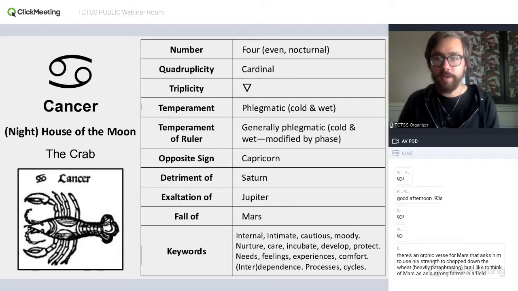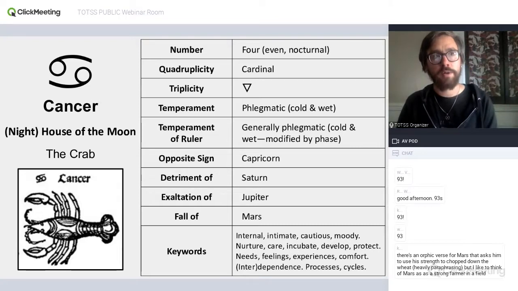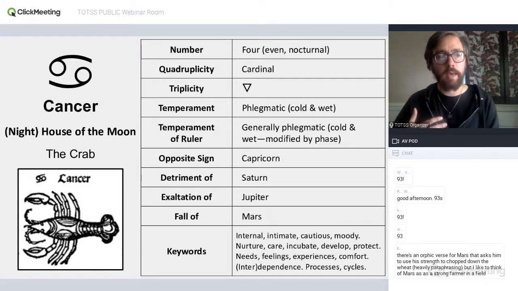All right, and then Cancer is the exaltation of Jupiter. This is an interesting one. Jupiter is so much concerned with stability and growth and unity and support and opportunities and even nourishment in a sense, not quite in the Cancerian sense, or not quite the core or lunar sense, but of investing in something and growing and producing something. There's definitely a harmony between Jupiter and that aspect of the lunar symbolism. So Jupiter is said to be exalted in Cancer and to do very well there.